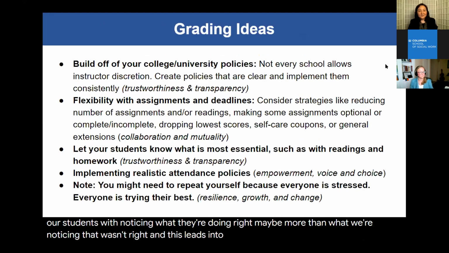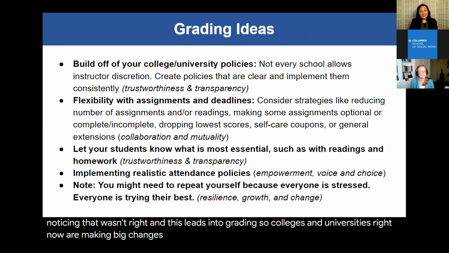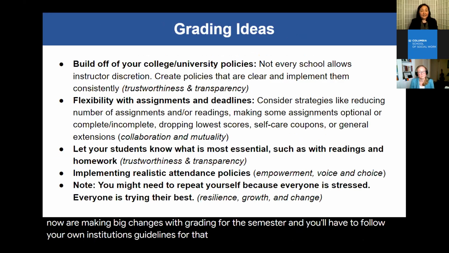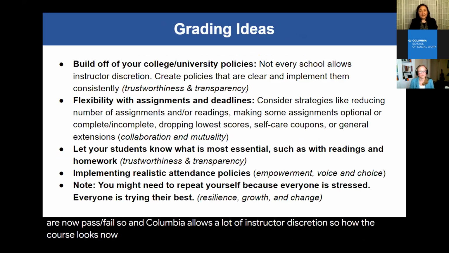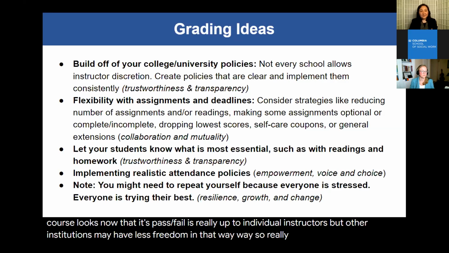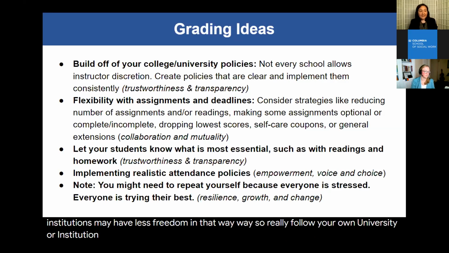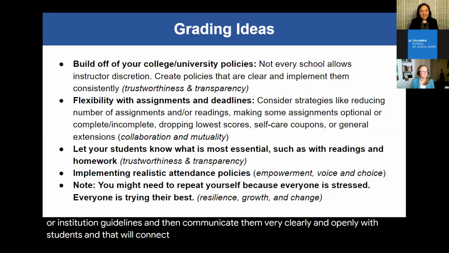And this leads into grading. So colleges and universities right now are making big changes with grading for the semester, and you'll have to follow your own institution's guidelines for that. At Columbia, for example, this spring, all courses are now pass-fail. And Columbia allows a lot of instructor discretion, so how the course looks now that it's pass-fail is really up to individual instructors, but other institutions may have less freedom in that way, so really follow your own university or institution guidelines,